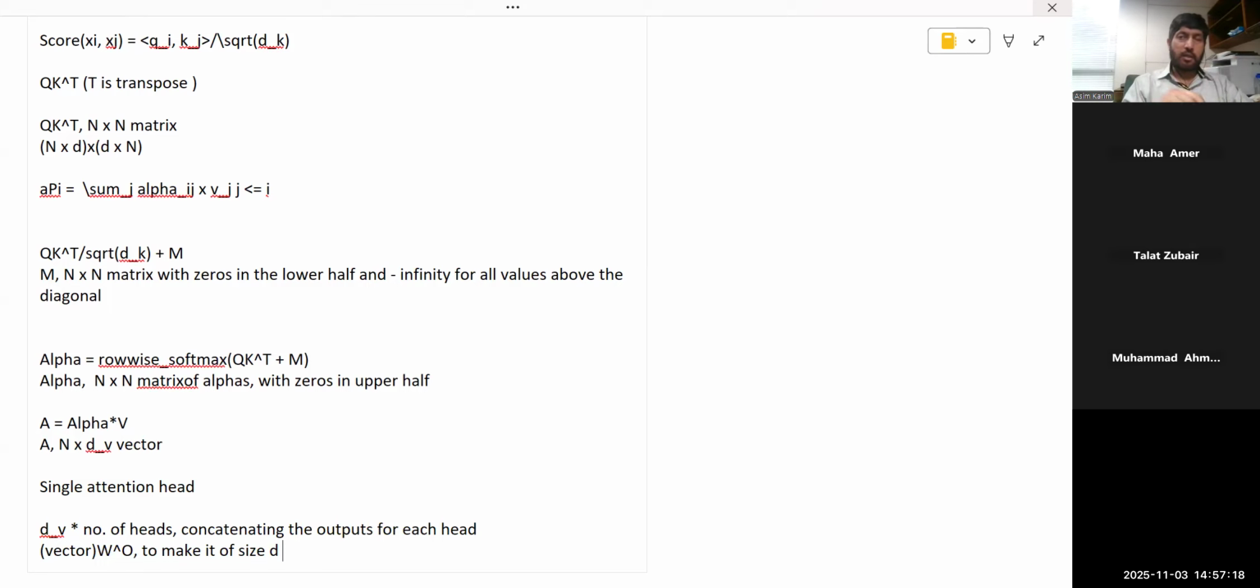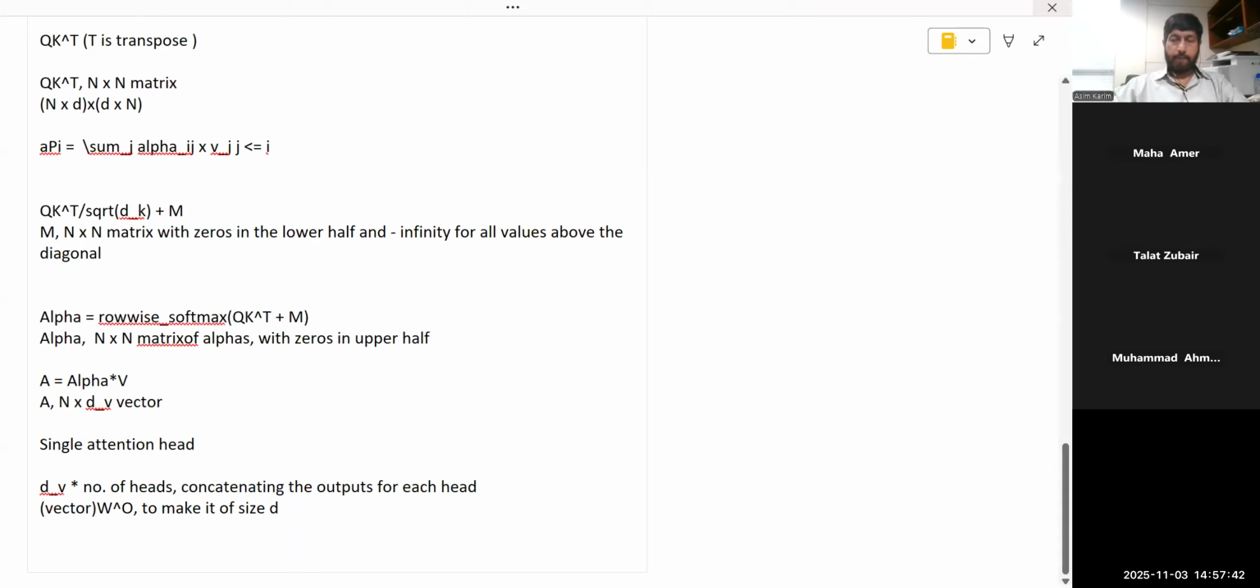So हम size d हमेशा रखेंगे so that we want to make sure कि our transformer is modular. एक output दूसरे पे जा सकती है without any major change. And then of course you have this additional parameter Wo that you need to learn. Okay, so